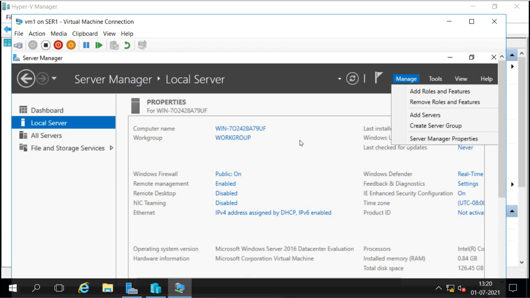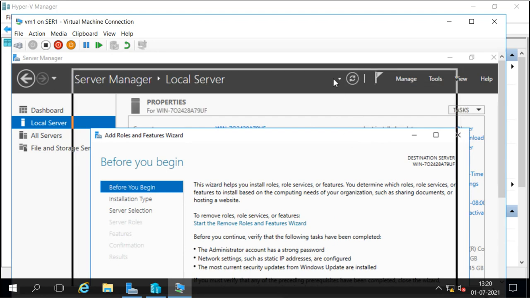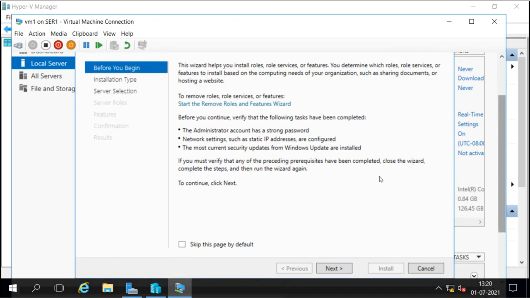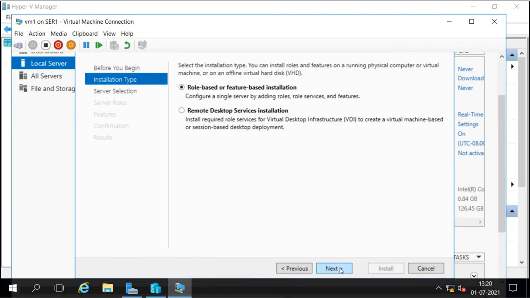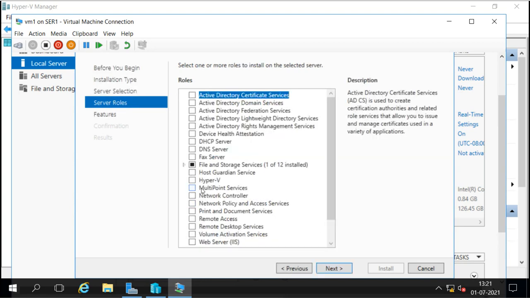And if the role is not installed and it gives an error, that means we can't do that. So let's try this. I will say add and remove roles and features, and I want to install the Hyper-V role here. So I will go next, next, next.